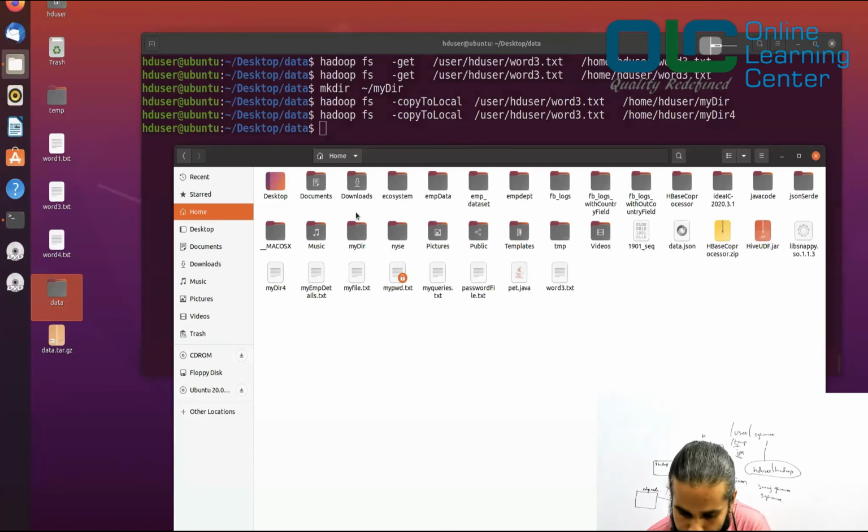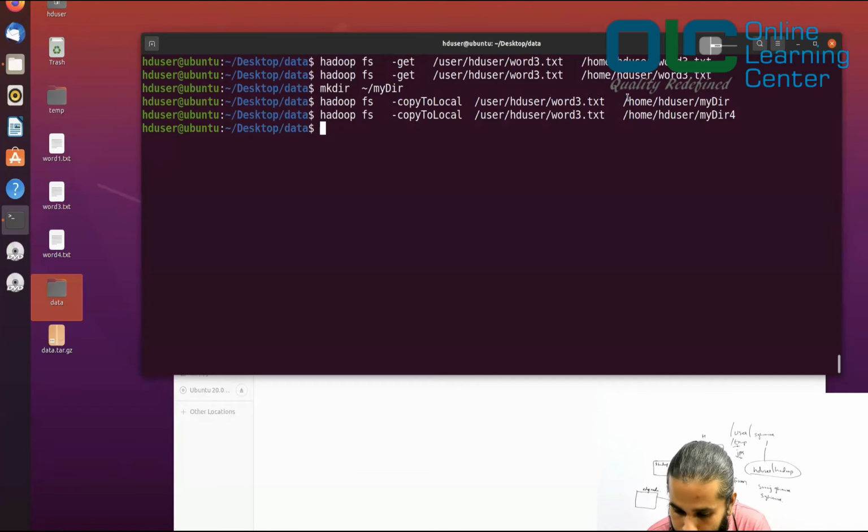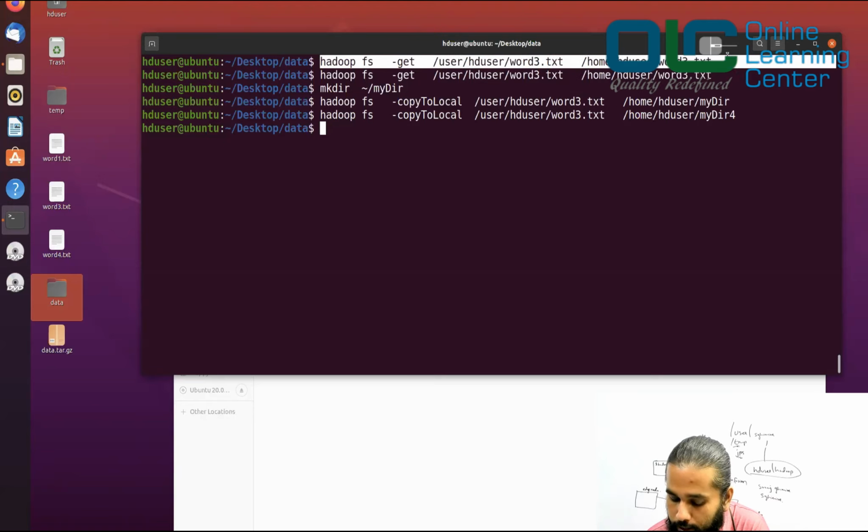If you see this example, mydir4 is basically a file. So don't assume that because you gave the path, it becomes a folder. In the above example, mydir was a folder, so word3.txt was copied inside that. But in this example, mydir4 does not exist, so what happened was this was copied to a file called mydir4. How is this different from the earlier one? Not at all. In that example we copied word3.txt into a file called word3.txt, but it is not necessary that a file has an extension. You can have a file without any extension, and that's what it has done in this case.